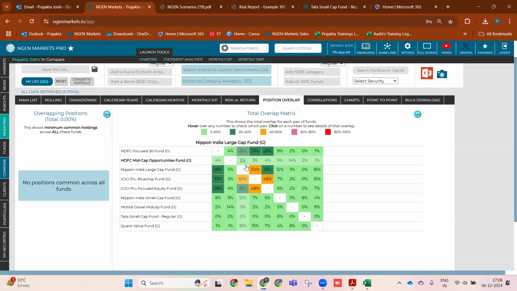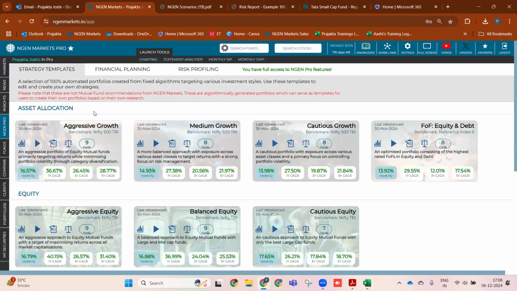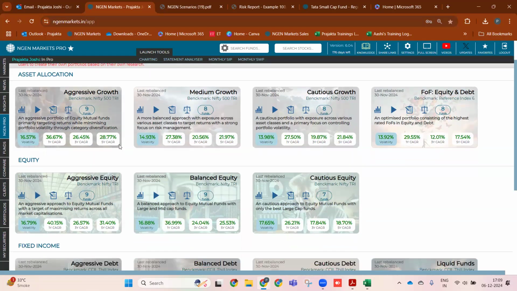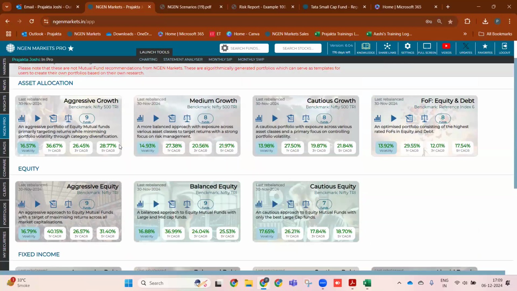I have one doubt. Yeah, please. Where you have called it asset allocation in that pro section, normally asset allocation, even if it's aggressive growth, should have equity, debt, gold, these things. Absolutely, sir. Maybe we should update the name, but what we really mean when we say asset allocation is